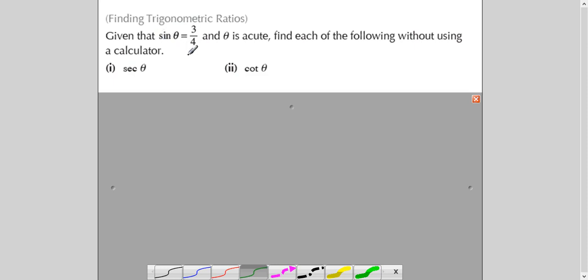Like I said earlier, here you get the hint of which quadrant your angle is in. If I see sine theta is positive, I know from my ASTC, or first, second, third quadrant, that sine is positive in the first quadrant and second quadrant. But theta is acute, and acute is only the first quadrant. It means the answer of this question lies in the first quadrant, which means that both my sec and cot answers will be plus.